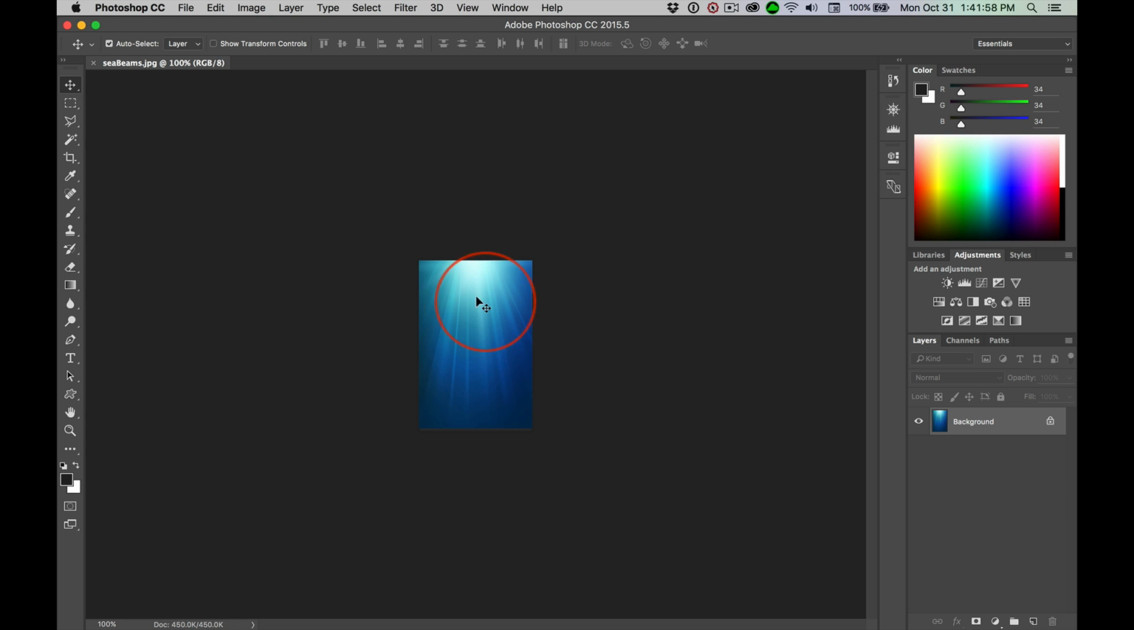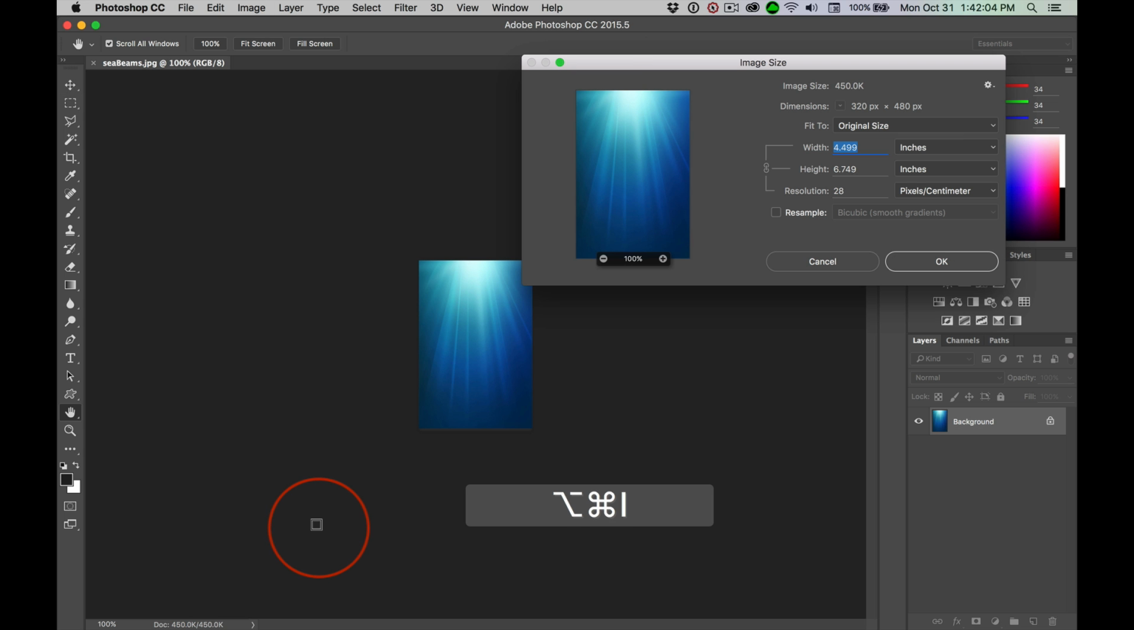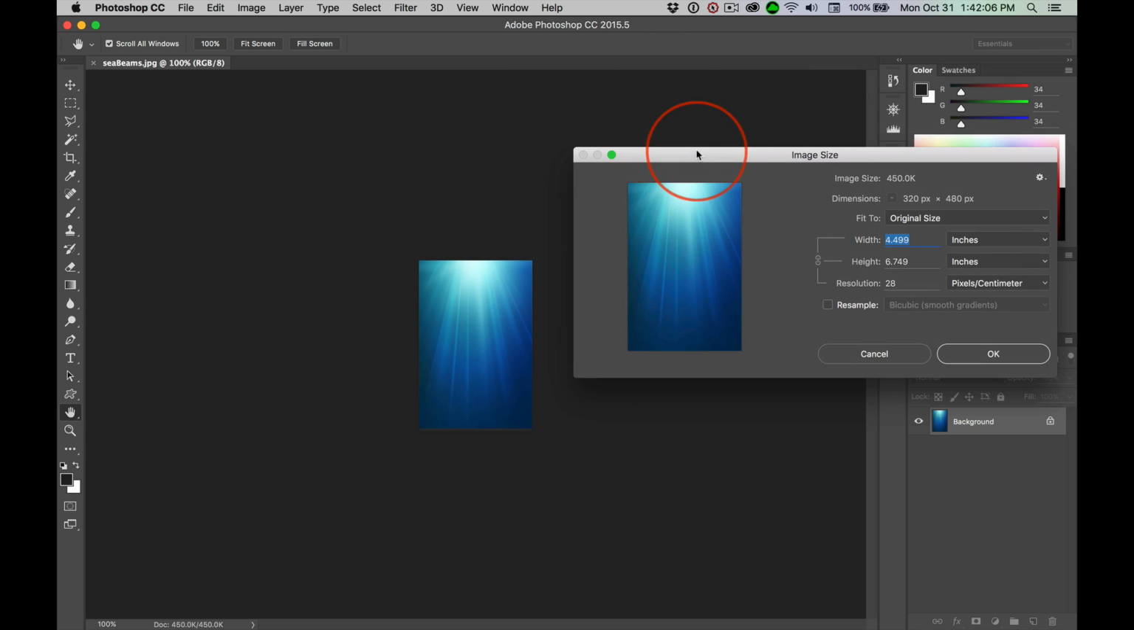Here is the first image. I know. Look at this thing. This is 100%. Option Command I for the image size dialog box. And you can see it says it's 4 by 6 inches, but we need to be working, this is